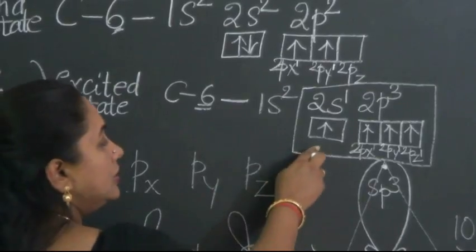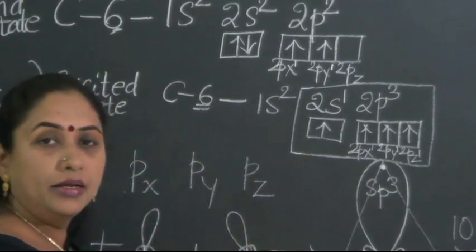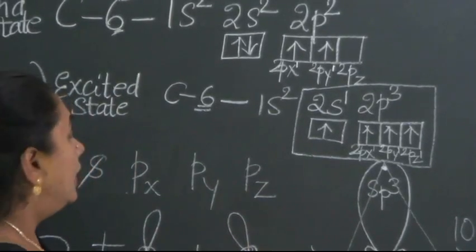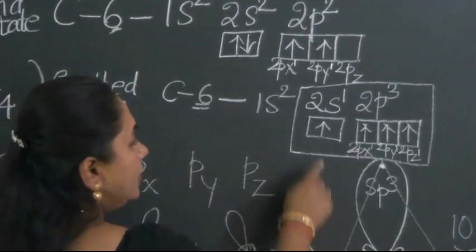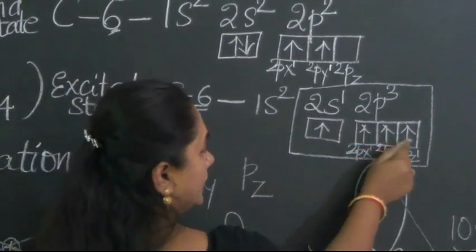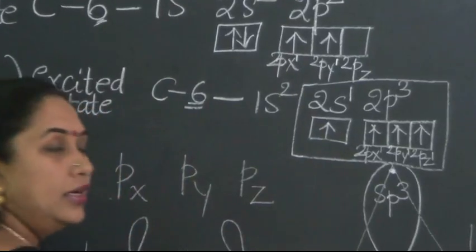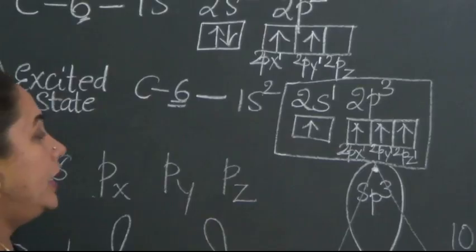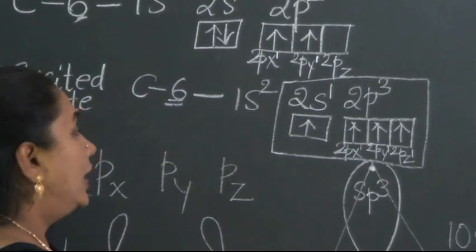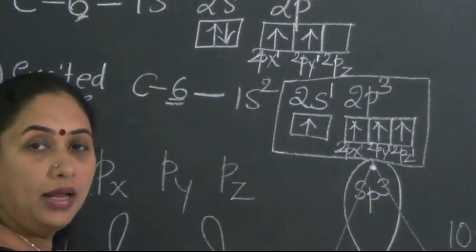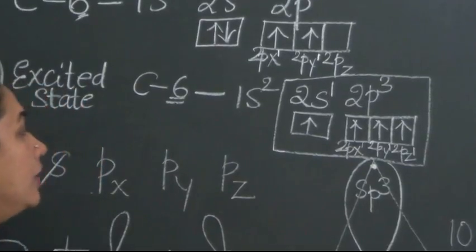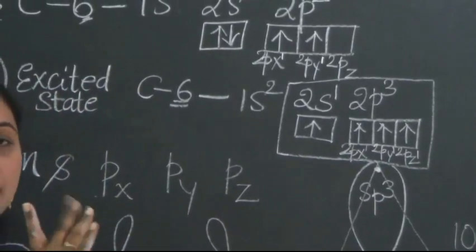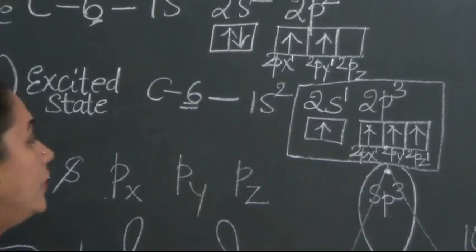This is the reason why the carbon atom is tetravalent. It's tetravalent because each of its valence orbitals contains one electron and can accommodate one more electron in each of the atomic orbitals. So therefore the combining capacity of the carbon is 4. So therefore we call it as